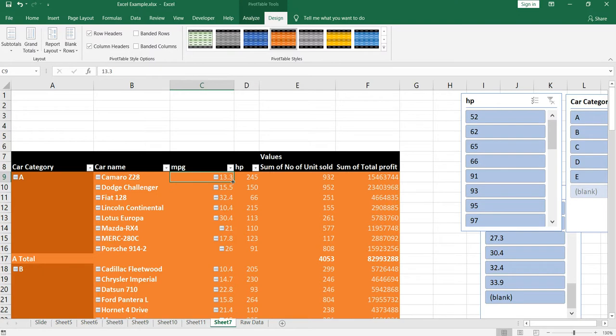So let me know if you guys have any questions or anything is confusing to you with this pivot table. So we have reached the end of this video. In our next video, I'll show you how you can get a distinct count of a column attribute using pivot table.